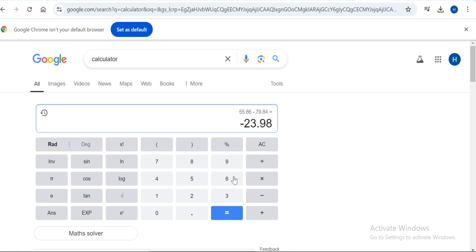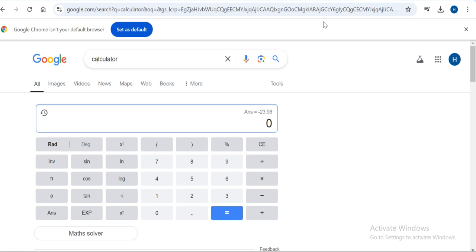So it gives us 23.98. Yeah, so we can round this as 24. We can just round it up to 24 normally. Now we can say, yeah, so if we put that in naira,